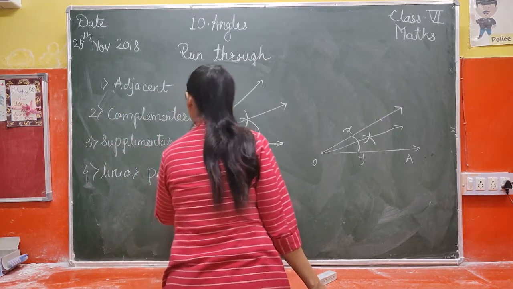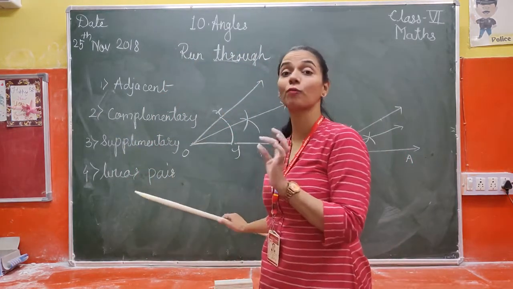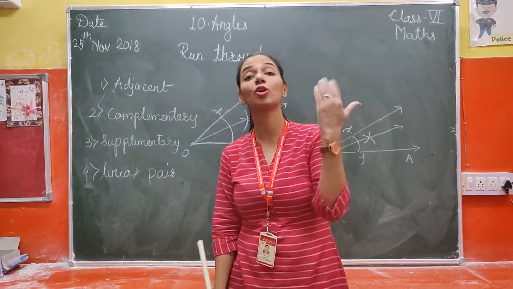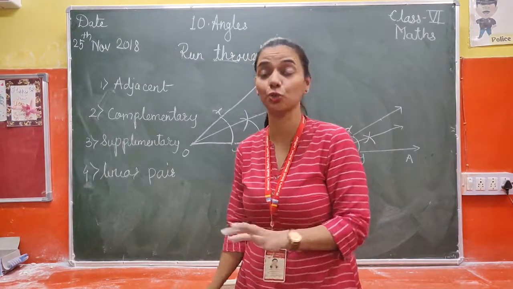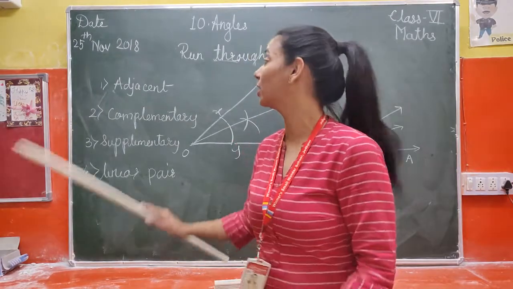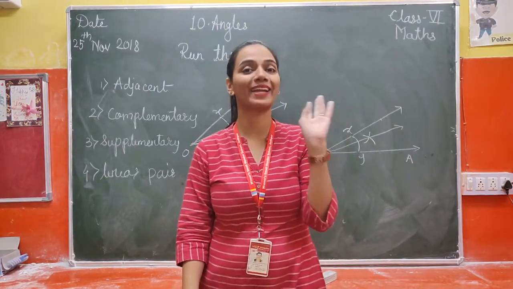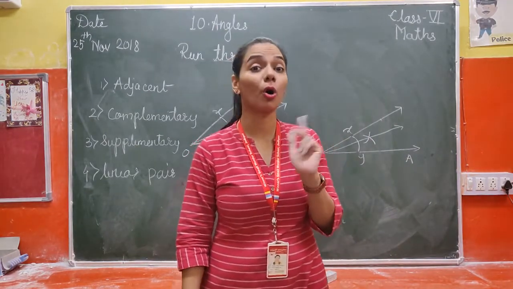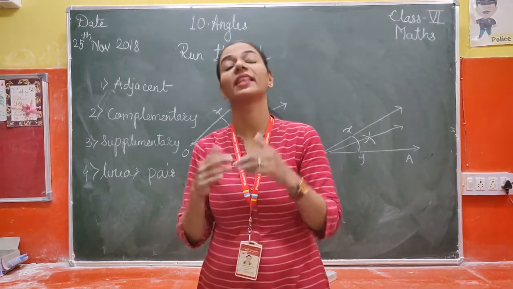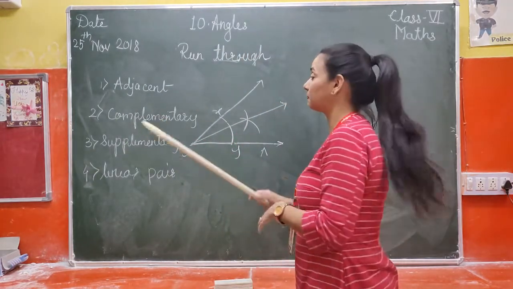एक बार अब याद हो गया तो you should remember always, and you should know the rules for it, because these are the basics of your geometry, and you are going to deal with all these types of angles in your higher classes also, and there they will not teach you because this is the basic, and you have this course in 6th class. So please understand what adjacent angles are. Adjacent angles are the angles with a common vertex and a common arm, and the uncommon arms are on opposite sides. Adjacent angles never overlap each other, right? And you can easily find the sum of the adjacent angles.